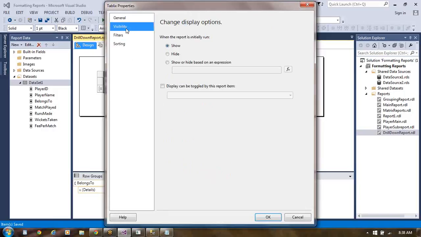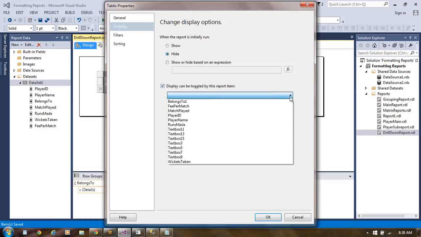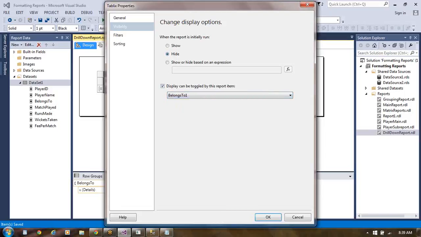We go to the visibility factor. In the visibility factor, go with hide. Click on display can be toggled by this report item. Here you can choose belongs to 1. This we choose. Click on OK here.